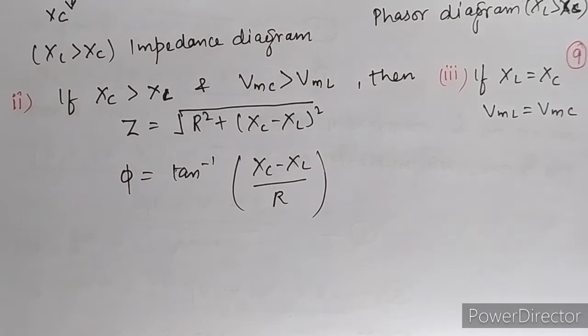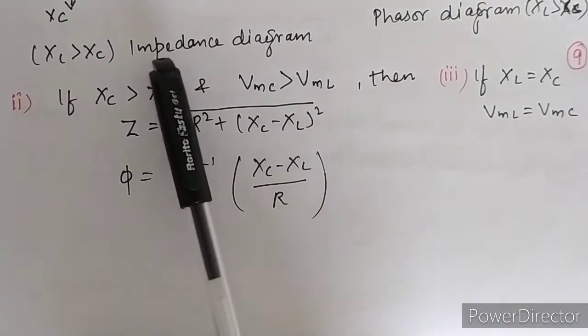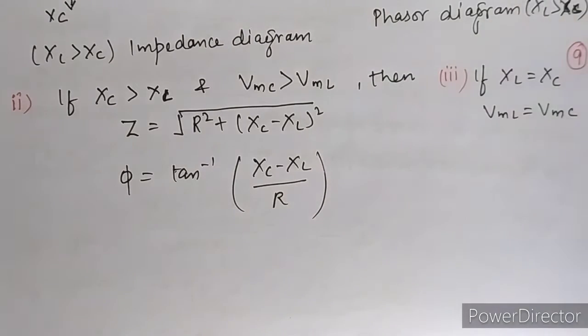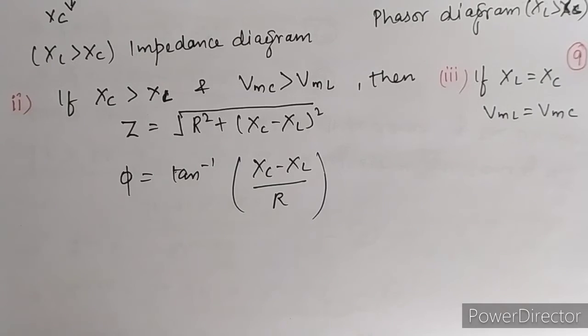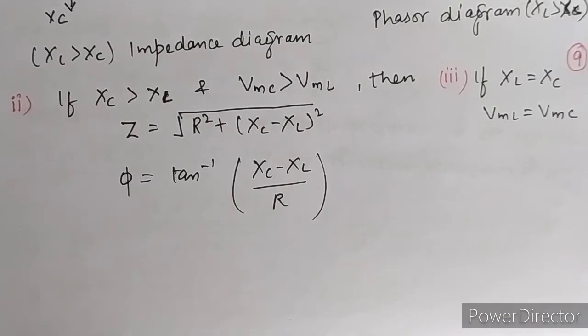Okay, and in this we have started our LCR series AC circuit in yesterday's topic, and in that we have just completed our impedance diagram and the phasor diagram. All the points related to the LCR circuit we have done. We have calculated the value of impedance also. If you remember, the formula of the impedance is under the root R square plus (XL minus XC) whole square. And this value we generated by taking a certain condition, that the value of XL is greater than the value of XC.